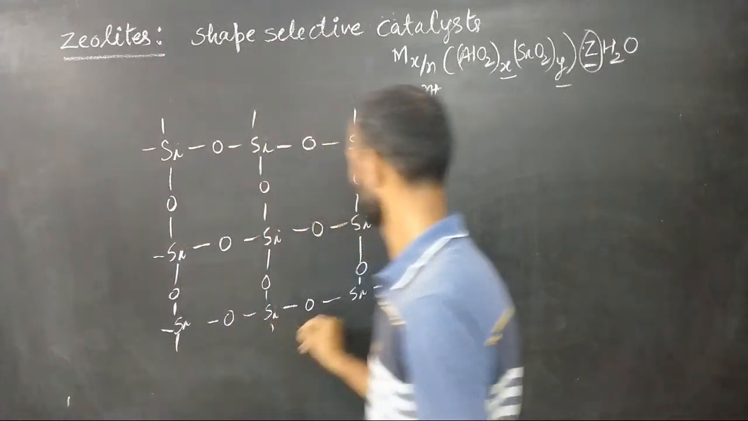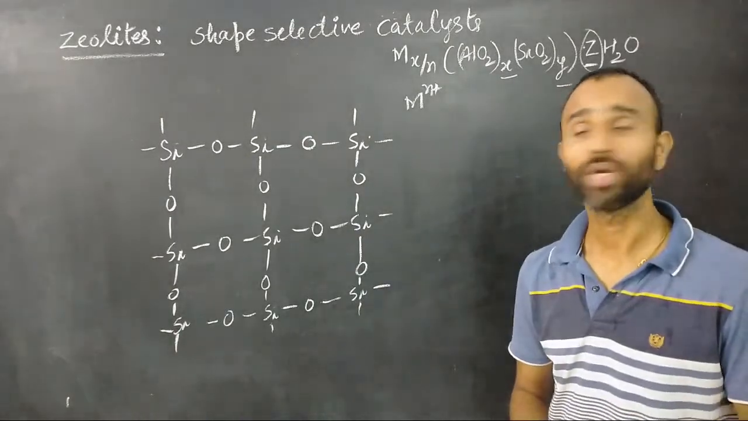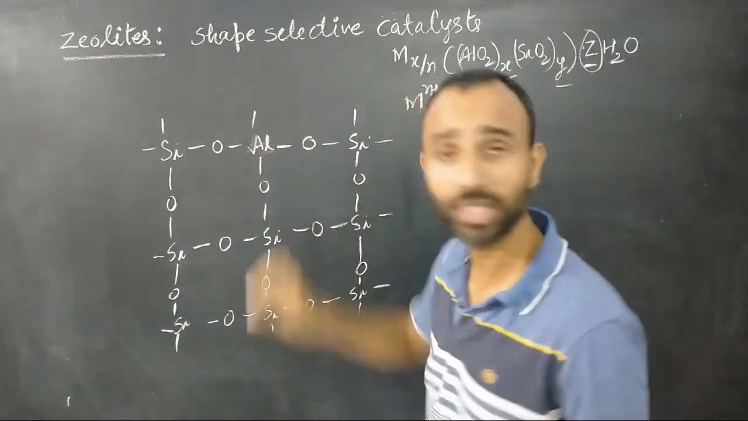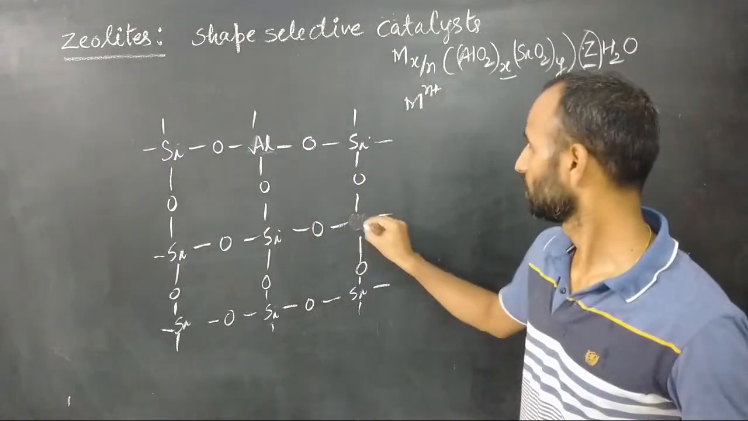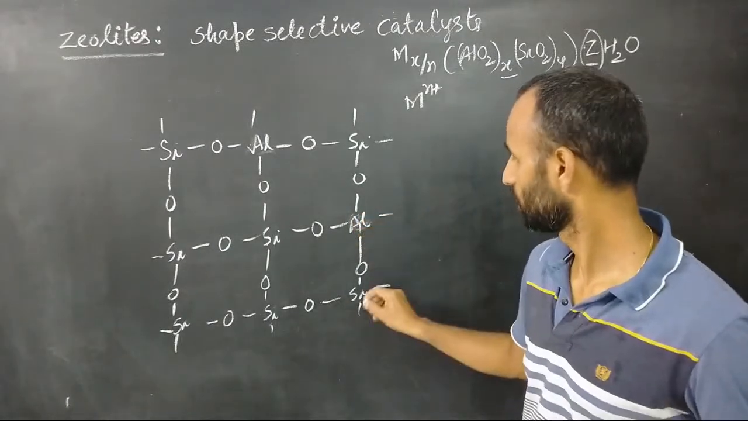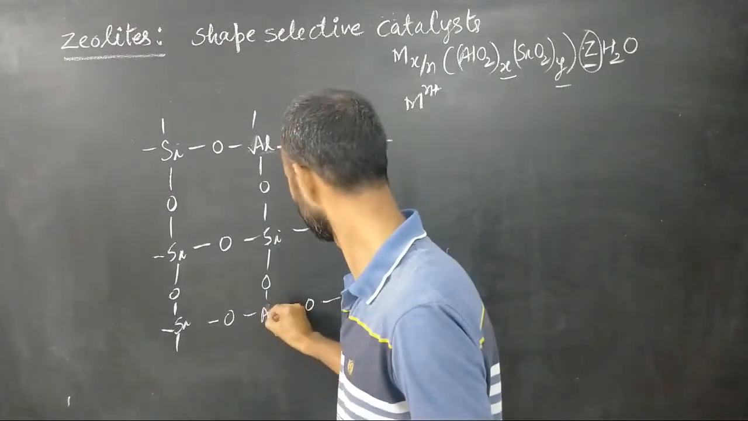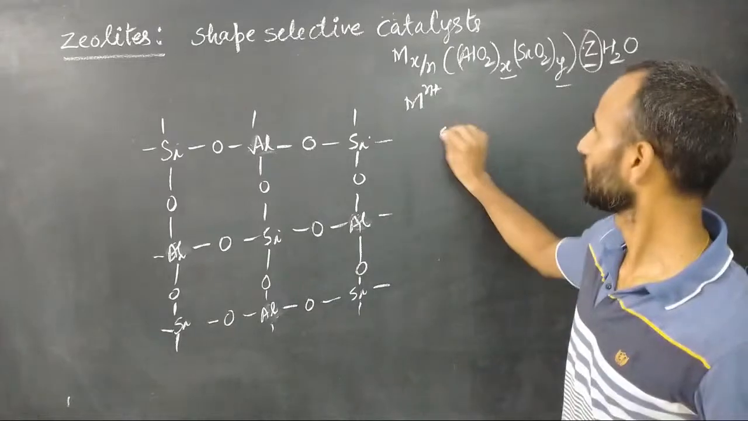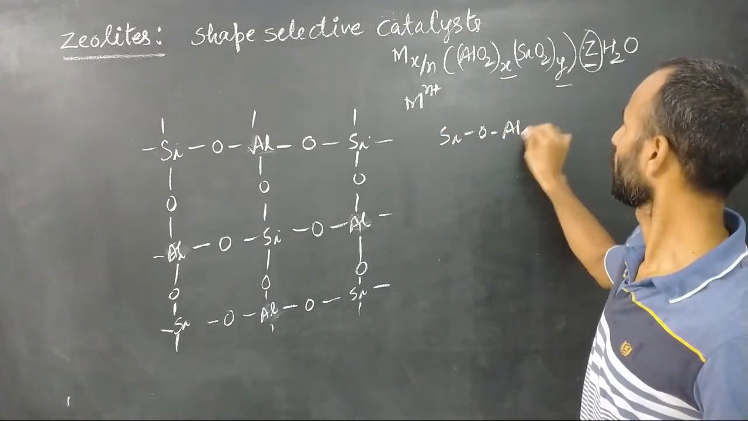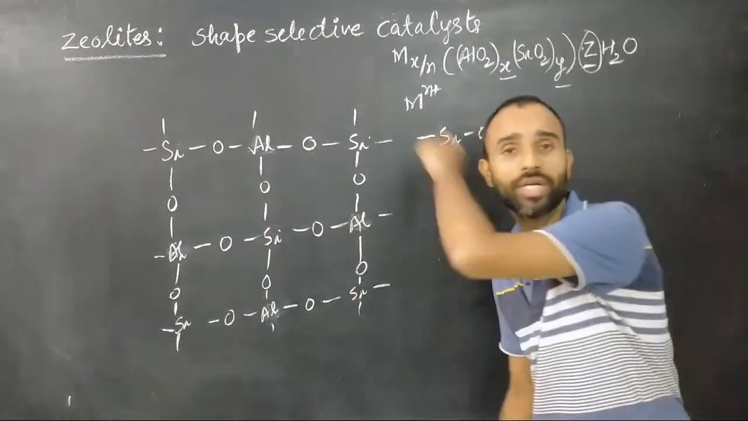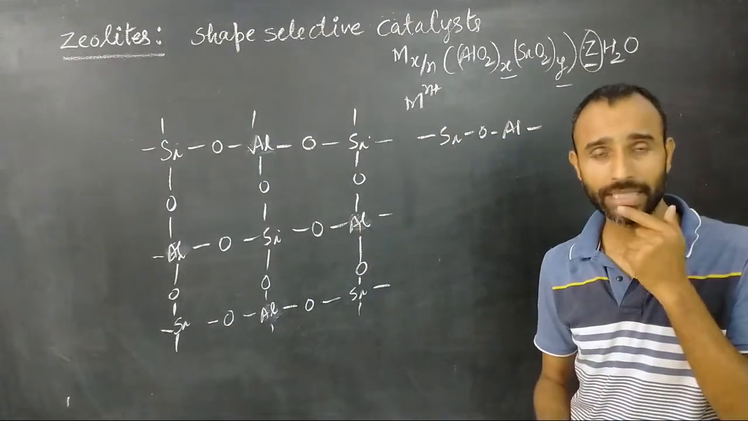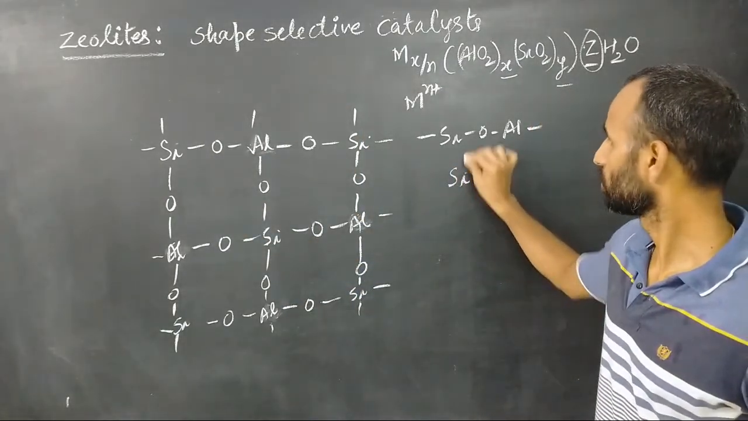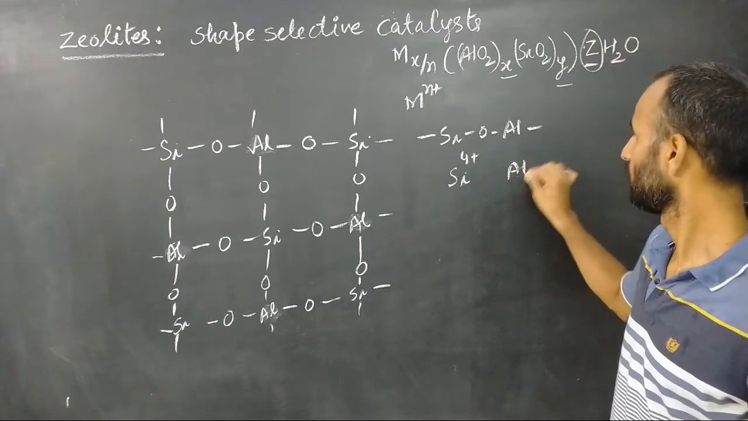This is SiO2. Now in SiO2, alternate silicons are removed by aluminum. So now it becomes Si-O-Al, a three-dimensional framework. There is a three-dimensional framework, and as silicon 4 positive is replaced by aluminium 3 plus,